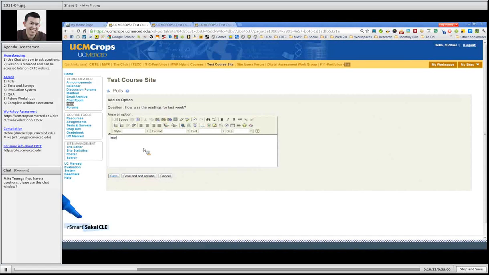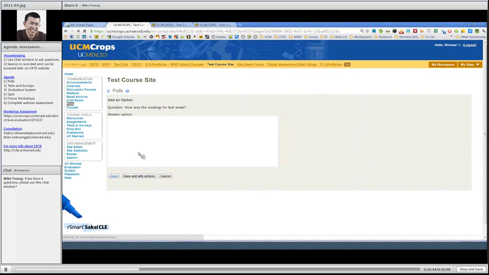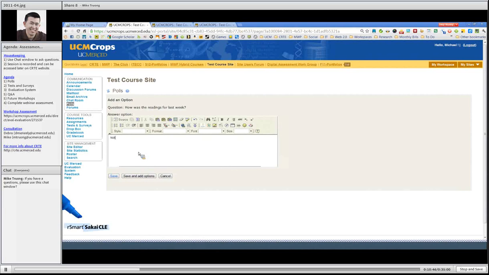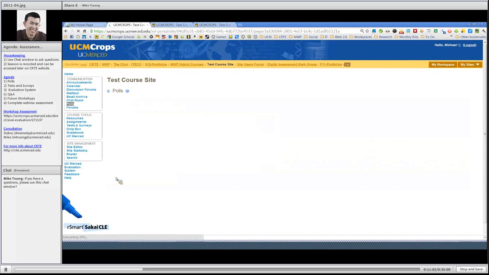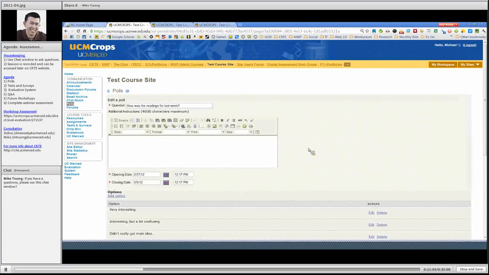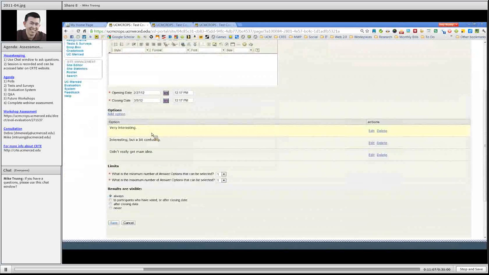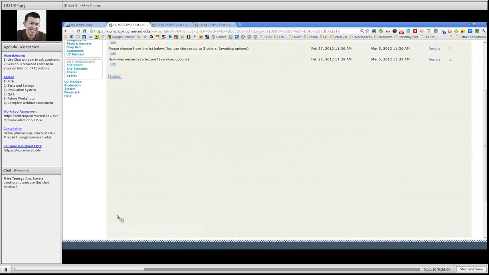And my second option is interesting, but a bit confusing. And then I'm going to add a third option here. Didn't really get main idea. And then whenever you're done with your last option, just click Save, and what that will do is essentially publish that. You can see here are your options, and then you just click Save, and that will automatically